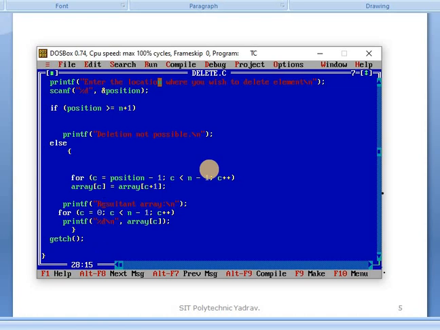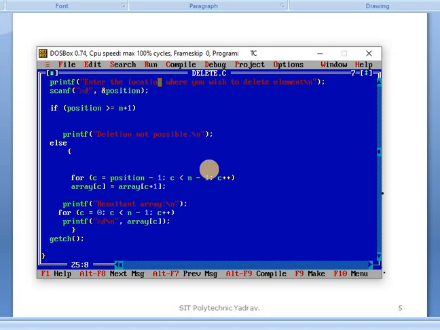The message is only for displaying the resultant array. After that, c = 0, c <= n minus 1, because we have n elements and the array starts from 0, so n minus 1, c++, and array of c means all elements are displayed using the printf function.